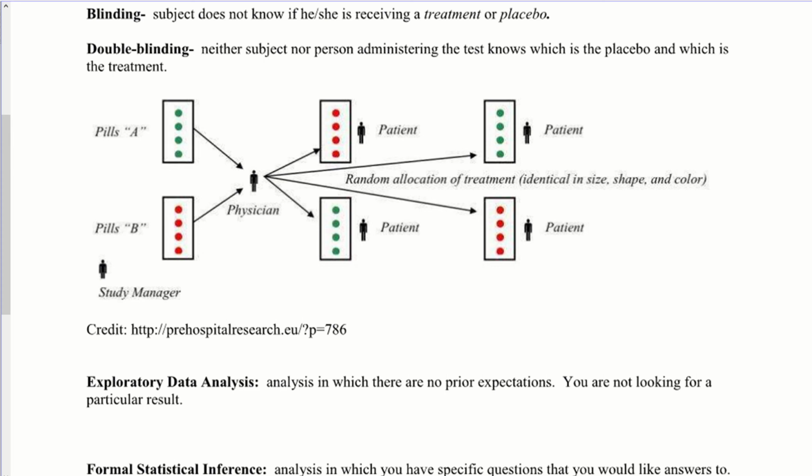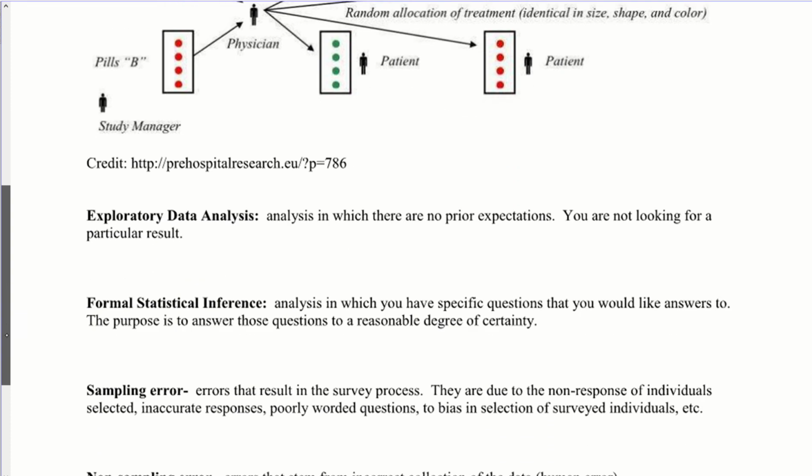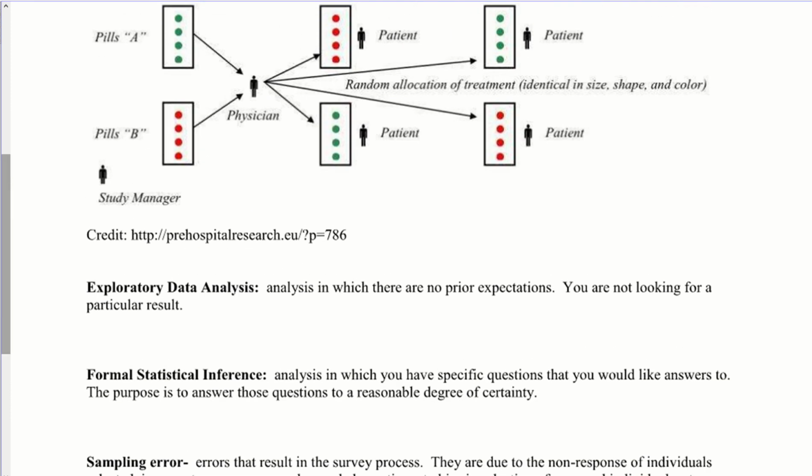They're blinded, they don't know who's getting what, so they're not going to subconsciously change their mannerisms, and the person receiving it won't know what they're getting. The only person that does is the researcher, right? So the data is collected at least with a little bit more accuracy, all right? And again, nothing's foolproof because there's always a person trying to figure out the secret to the whole thing. They're like, oh, he looked at me funny, I'm in the control group, right? So there's always that part of it. And I've seen it firsthand. So it's something you definitely want to keep in mind. But like I said, it's just an extra layer of protection, all right?